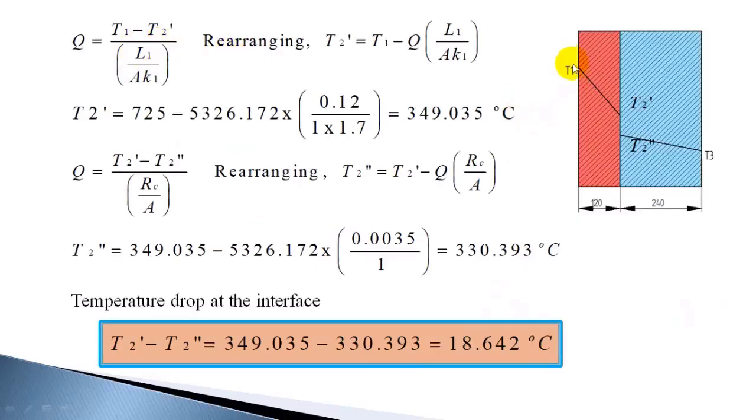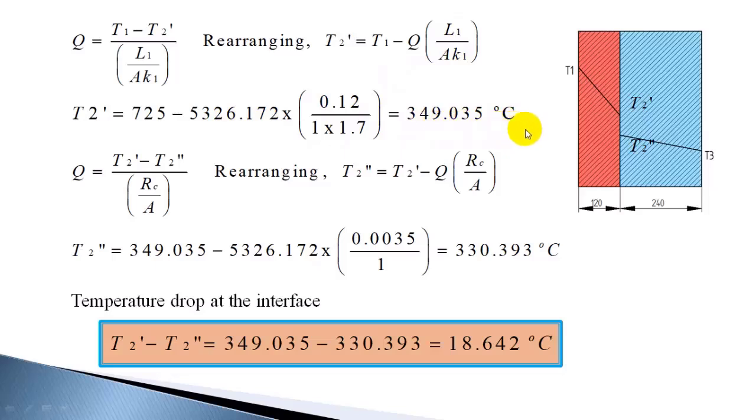Now you can express the same heat transfer in terms of this interface temperature. So T1 minus T2 dash divided by the resistance, which is L1 by AK1, and you can get T2 dash from this. So now the heat transfer is known. You can find T2 dash by rearranging this. T2 dash is equal to T1 minus Q into L1 by AK1. T1 is 725, Q you already obtained, and L1 by AK1. Substitute that, we will get the temperature as